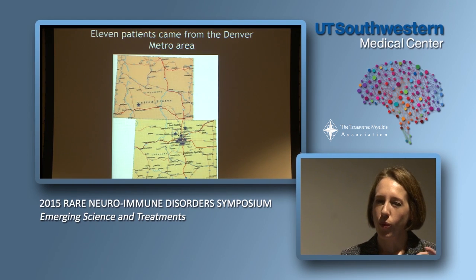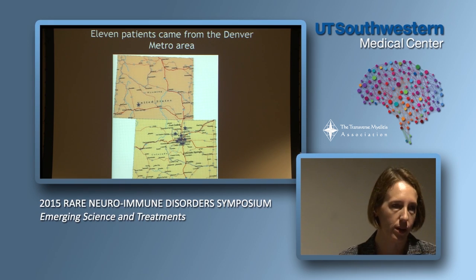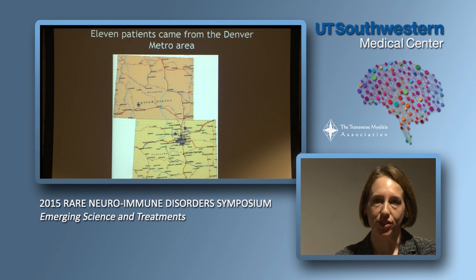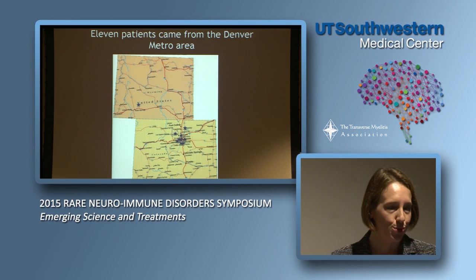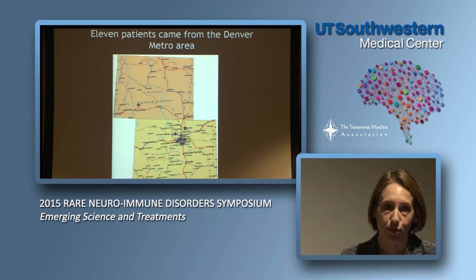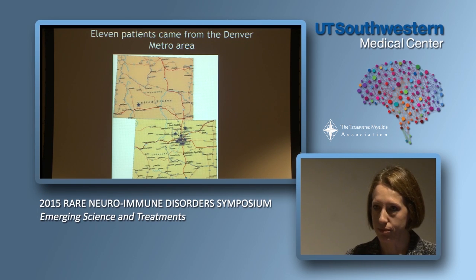Now, one of our first thoughts was, what's different about these 12 patients? Do they know each other? Did they all go to the same school? What could be causing the 12 of them to present with this very distinctive finding? Is there anything unique to them? And truly, we haven't found anything in their environment yet, meaning they came from different places. As you see, they came mostly from around the Denver area, but this is a big state, so they weren't going to the same school. They didn't know each other.